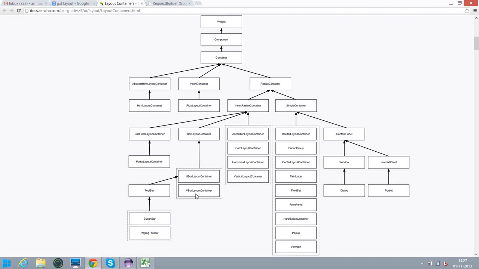Okay, so I am able to explain the hierarchy. The base class has widgets, and all the widgets extend from the base class. Now we have the component and container, so all three classes, and after that we need to come to the